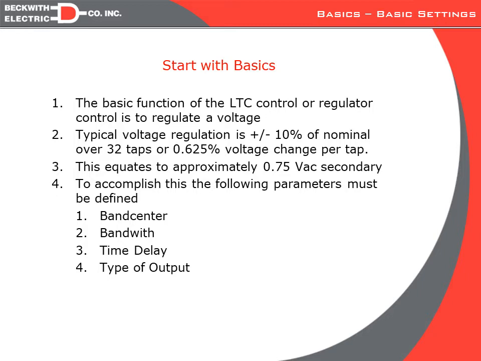ANSI standards dictate that in the US nominal voltage is 120 volts, and we need to be plus or minus 5%, which means we need to try to keep the voltage between 114 and 126 across the entire distribution circuit. So we know that voltage will vary due to load. We know that that variance has to be regulated in some manner so that we can keep the customers between 114 and 126. The way the regulators or LTCs do it is they are tapped transformers that have multiple